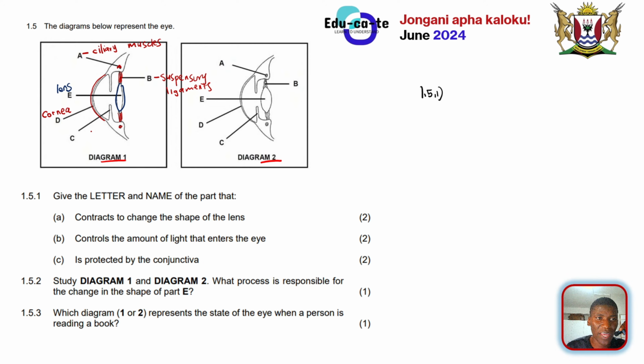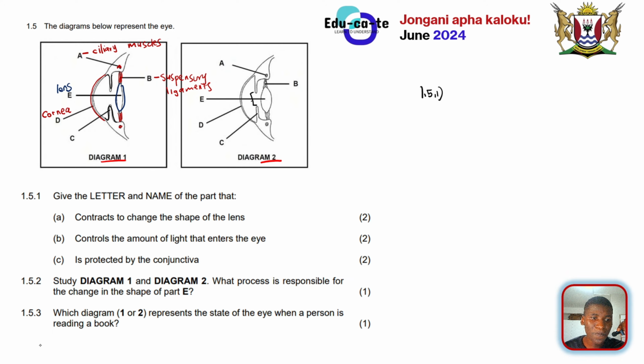And then we've got part C. Part C is something that is projecting itself out there, something like this. So this is part C, and it shows you the iris of the human eye. Basically, the iris is the one that eventually makes up the pupil. So this space here is known as the pupil.